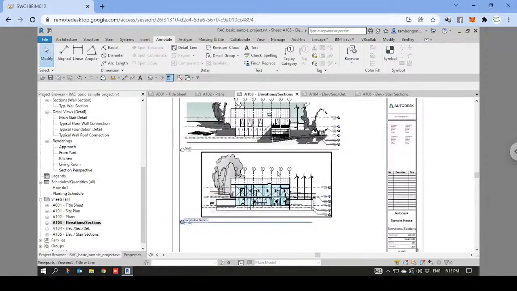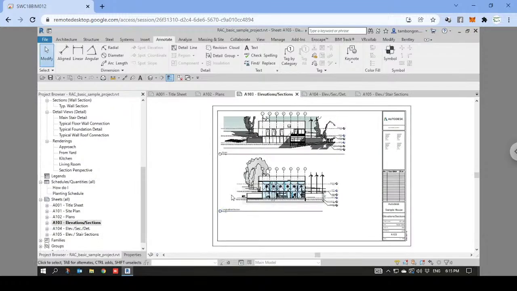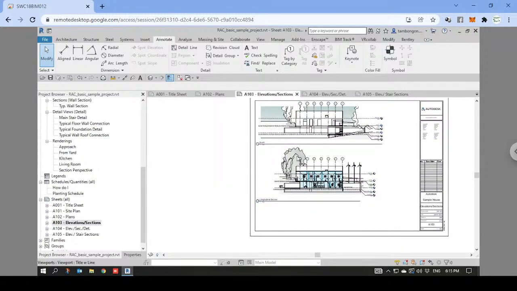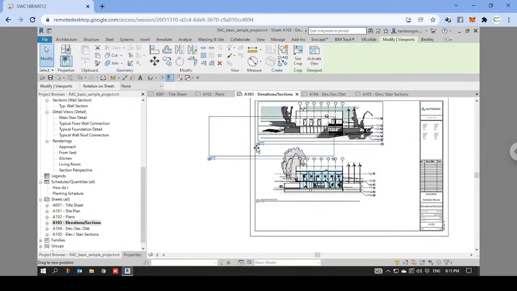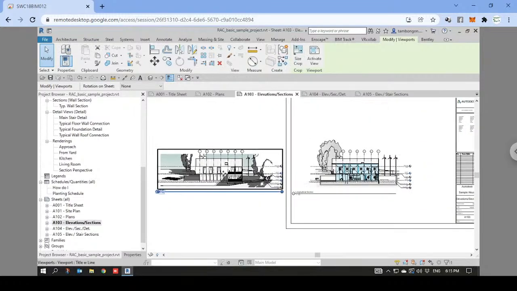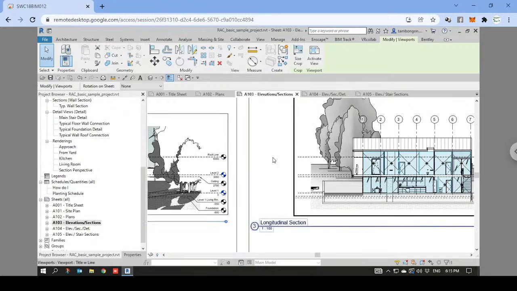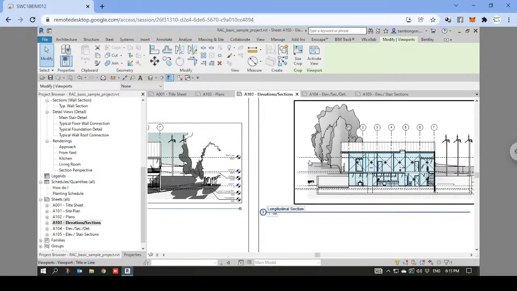Elevations. For example, these two elevations, just for a trial. If you want to align this one, you'll notice that it is at the same scale. So when you adjust your views, it will automatically align to that grid line. And if you want to create a connecting line here, you just simply extend